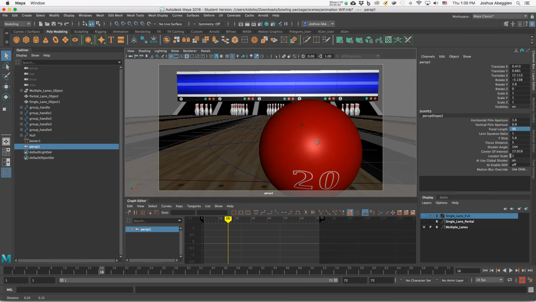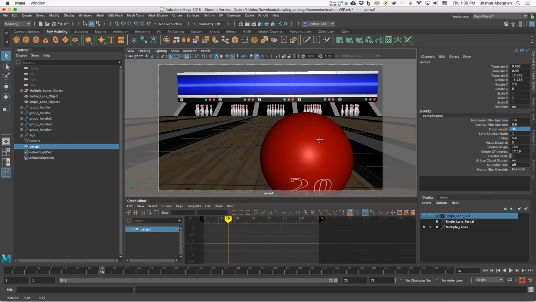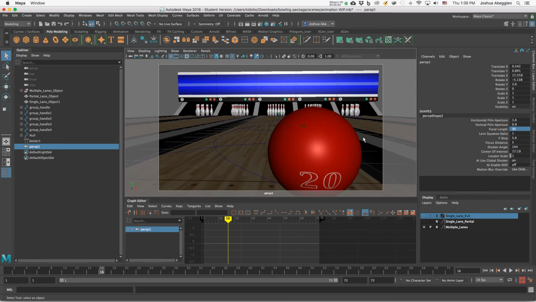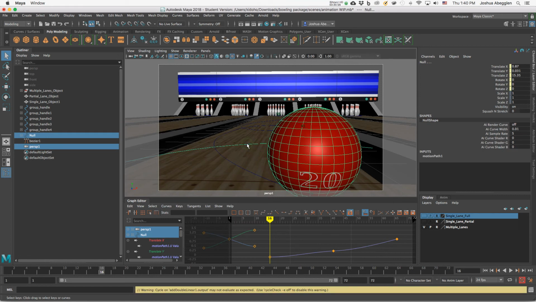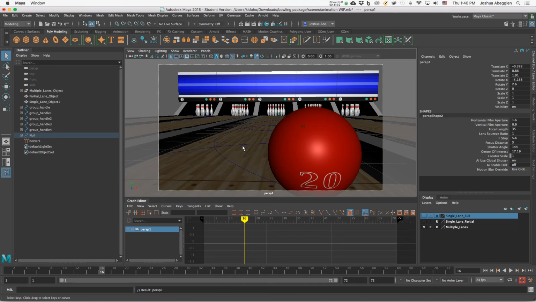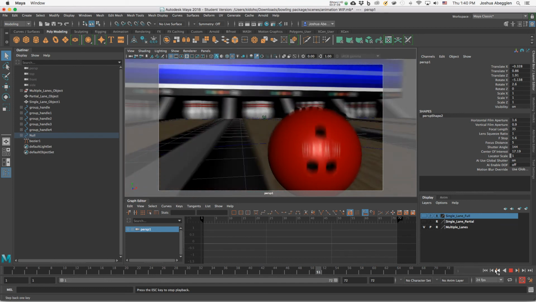Now I'm going to just zoom in really close here, and what we're going to do is a POV shot where the camera is actually attached to the bowling ball. So compositionally the bowling ball will stay in the same place, but everything else will move around it. And that's actually done as simply as selecting the camera, then using Shift and selecting the animation handle, and I'm going to hit P as in Paul or parent on my keyboard, and now that camera is parented to the ball. So when I hit play,